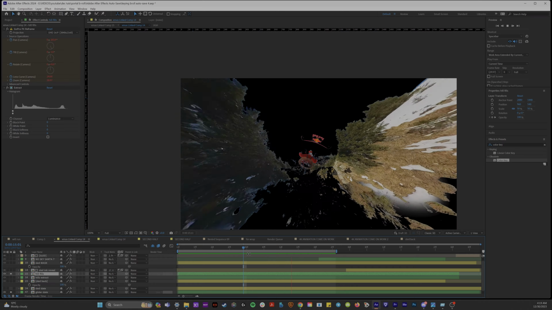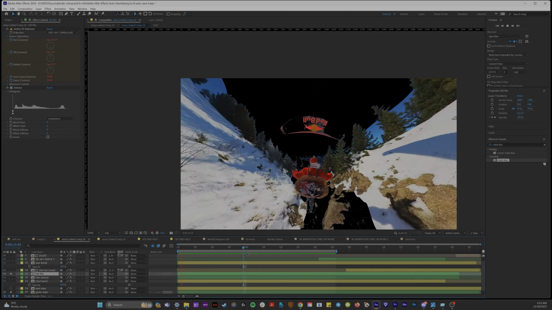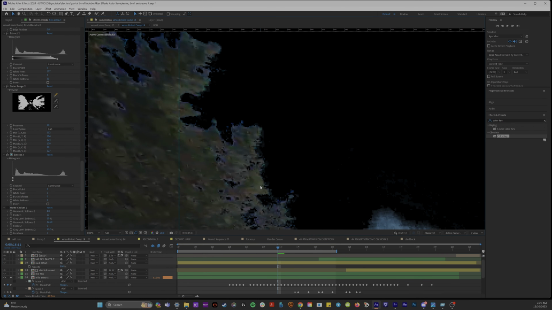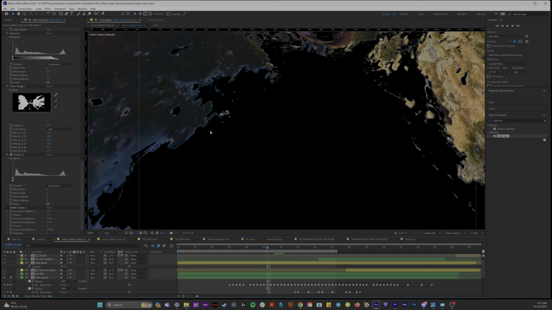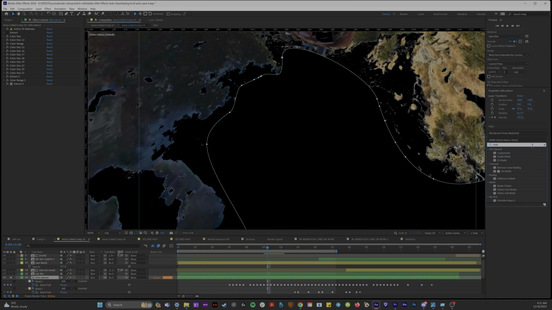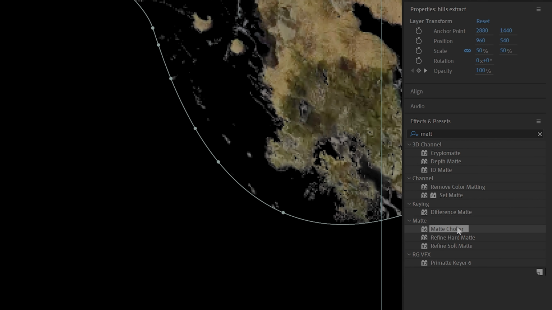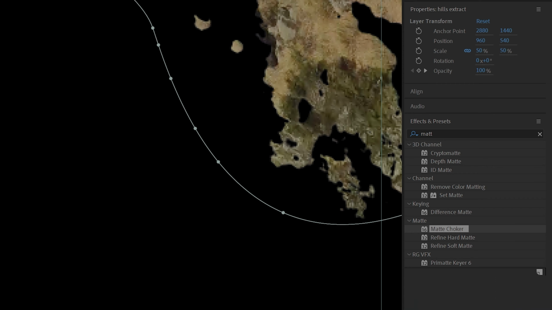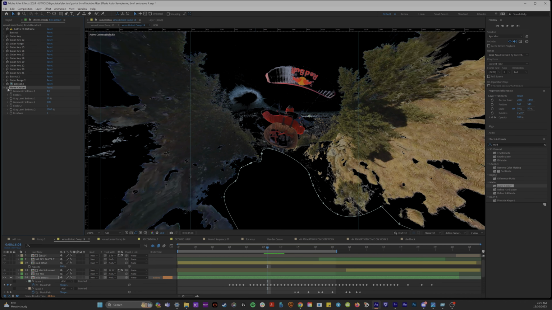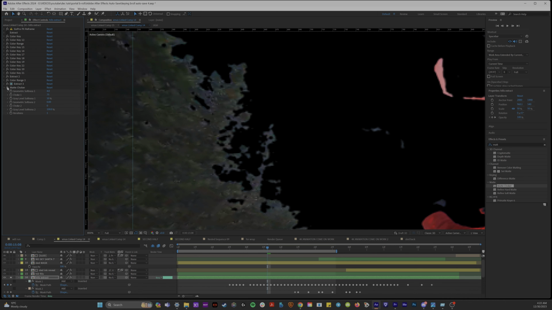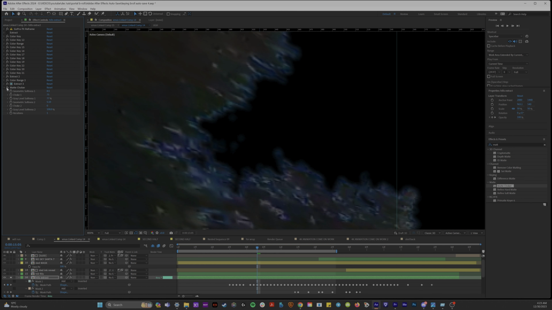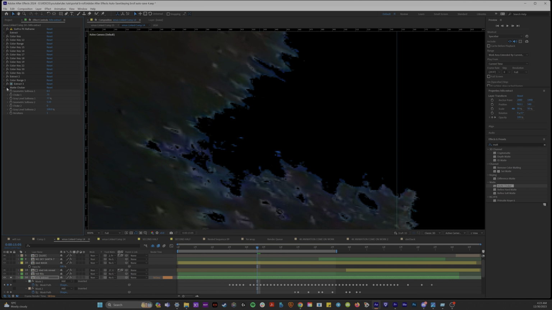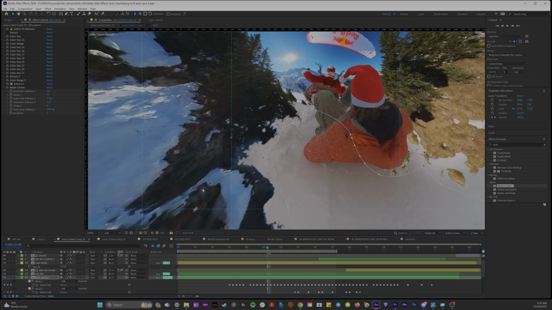Now let's pause for a second and acknowledge how extreme the edges are in these situations. After I used extract to get rid of the bottom of the mountain, and after I used color key to get rid of all this, you see all these little artifacts on the edges of your key. There's an effect that just fixes this entirely. It's called matte choker. So if you go to effects and presets and click on a matte choker and apply it to your mask, it gets rid of all the artifacts. And if we go over and play with our choke and softness, eventually you can get a look that is